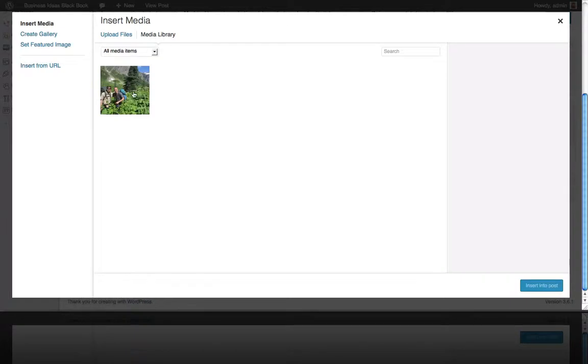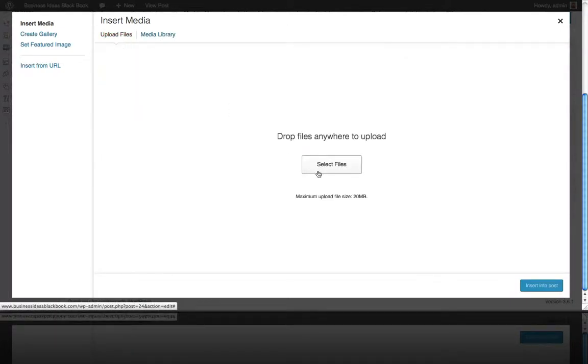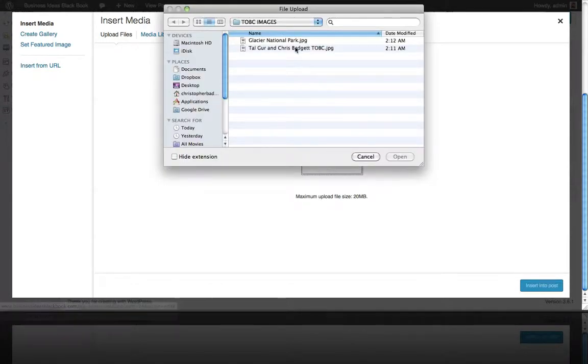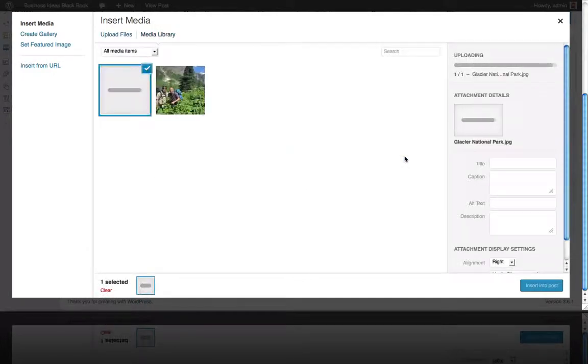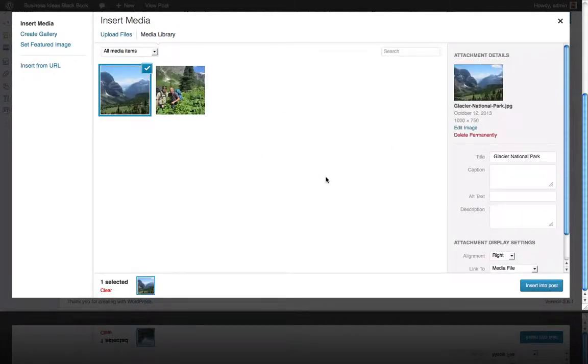and I don't want to use the same picture that's in my media library. I'm going to click Upload Files, select Files, and I'm going to do Glacier National Park, this image right here. I'm going to click open, and so it's uploading into our media library right now,